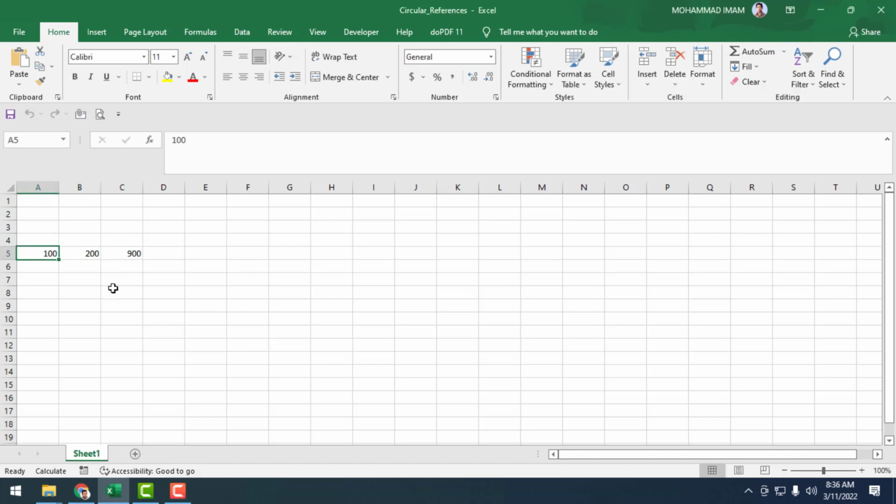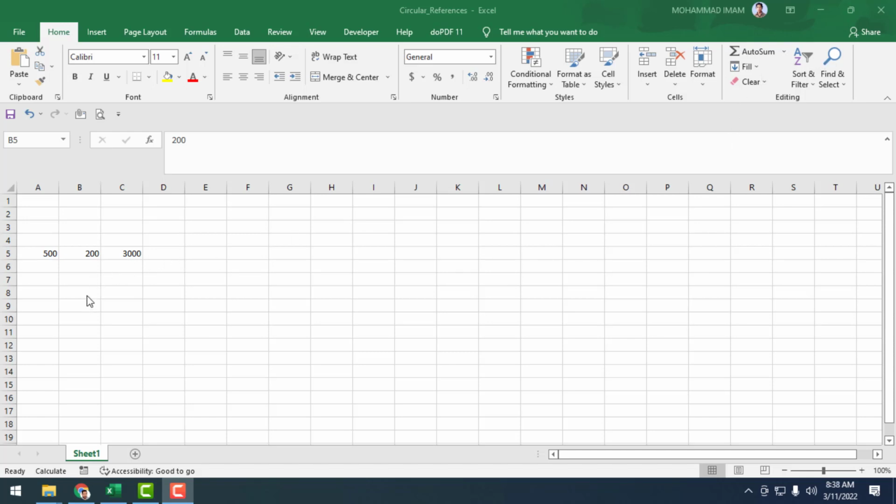If I change the value here, if I put 500, see, the result also changes. It changes to 3000. Why 3000? Because the iteration happened 3 times. There is 500 and 200, so it should be 700, but it is showing 3000. Also, did you notice that whenever you enable iterative calculation, the message does not show? See, only Calculation is written.